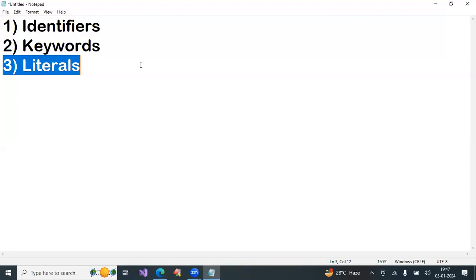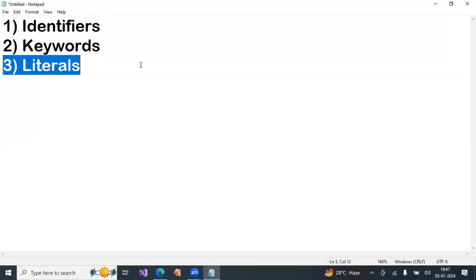Character literal must be in single quotes, one character only. Digit, special symbol, or white space character also you can write. String literal must be in double quotes, one letter or many letters possible. Boolean literals are true and false. Object literal is null.